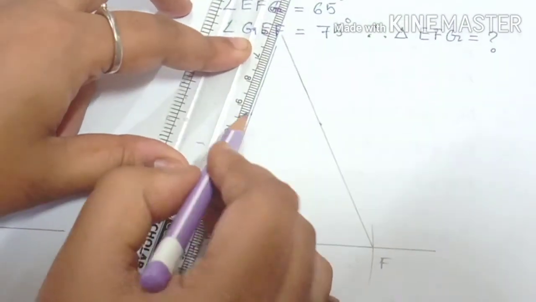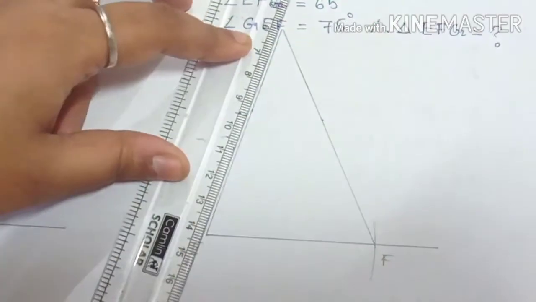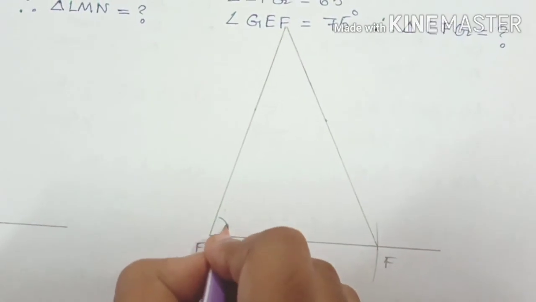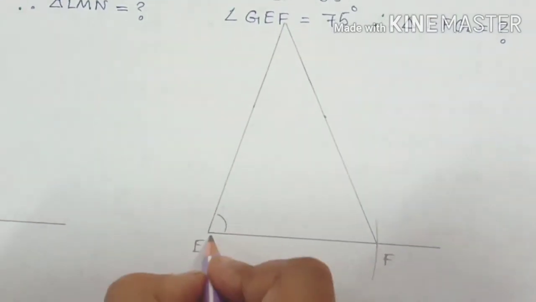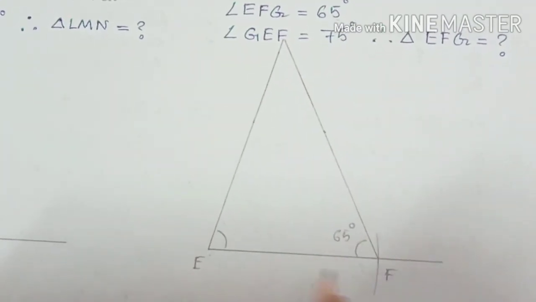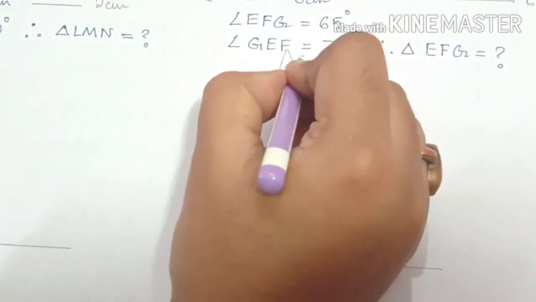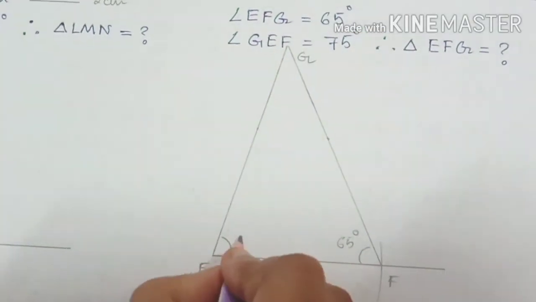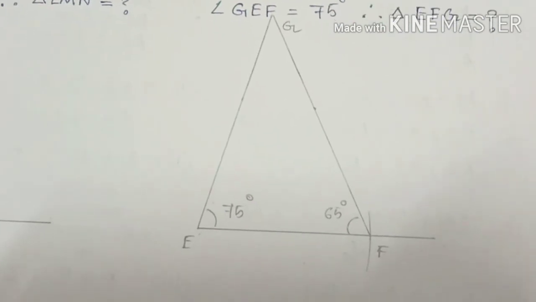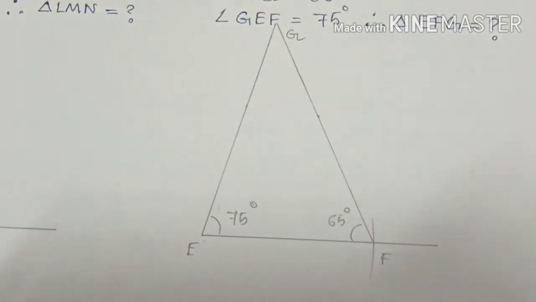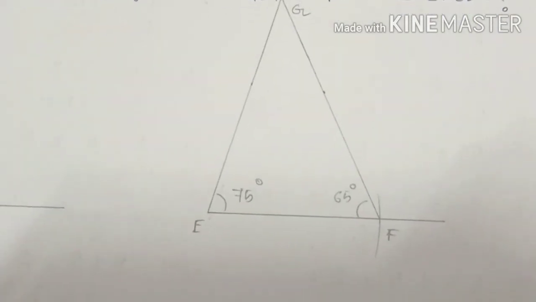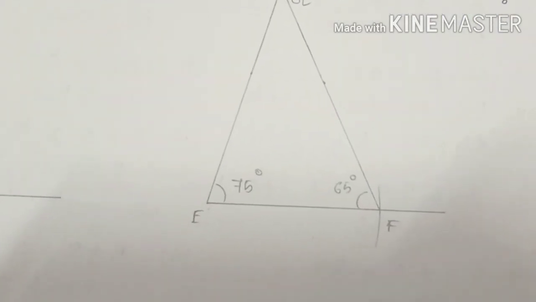Don't be scared if we are getting this kind of weird angles. Okay, so we know that this angle EFG is 65 degree and GEF is 75 degree. That is the reason this kind of triangle has been formed. Alright, so from here what we are going to do is write down